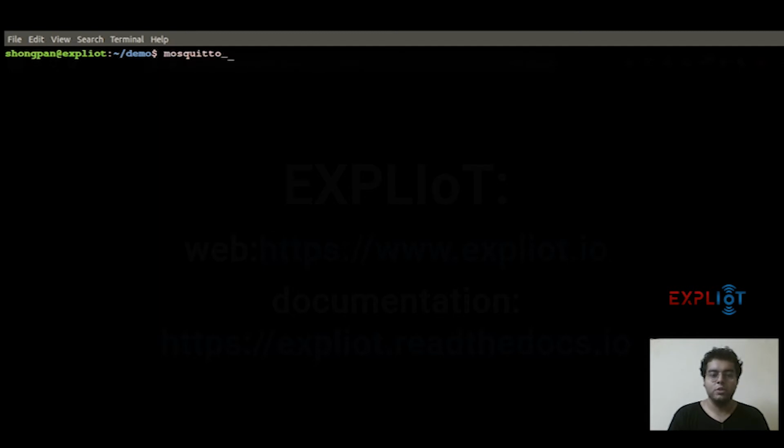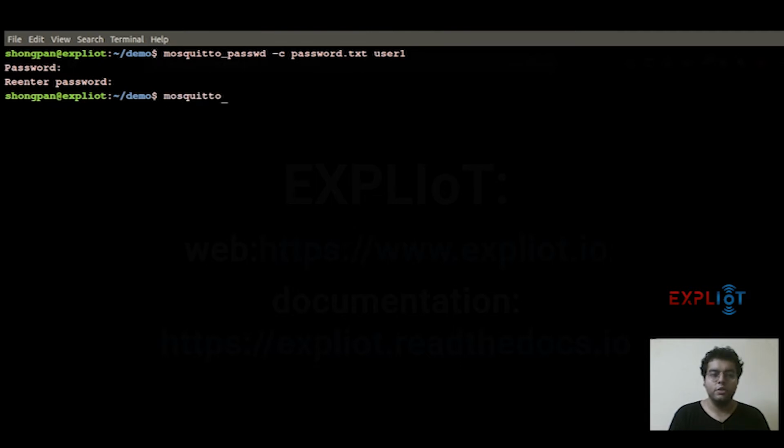So I'll simply type in mosquitto_passwd -c when you're starting with the initial user, then the name of the file where everything is going to save your users and passwords, which will be password.txt in our case. Next would be the username, which would be in our case user1. The password for user1, let's keep it as four times 1, so 1111. So we have successfully added our user1 to the list.